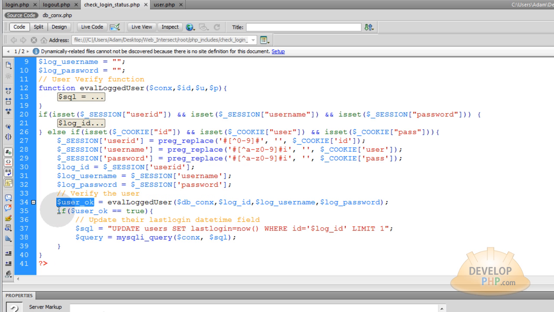And then finally in the bottom here you say if the user OK is equal to true, that means they're authenticated, and you want to update their last login time field, because if they're coming back 2 weeks later, they haven't visited your site in 2 weeks, you want to make sure that your system updates that, so your other users know when was the last time he or she had come back to visit